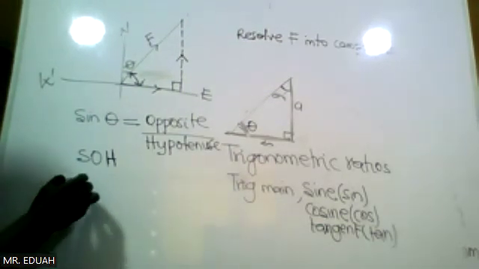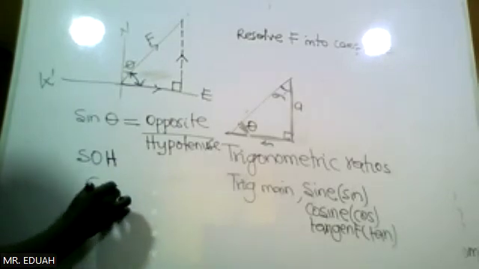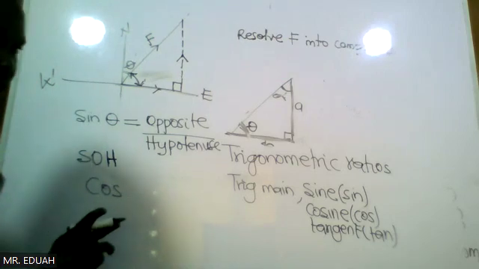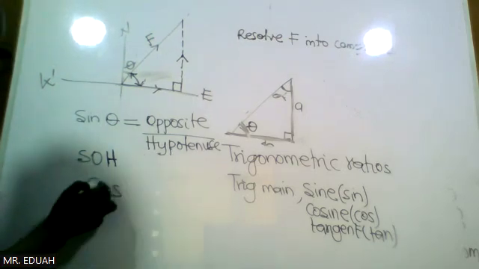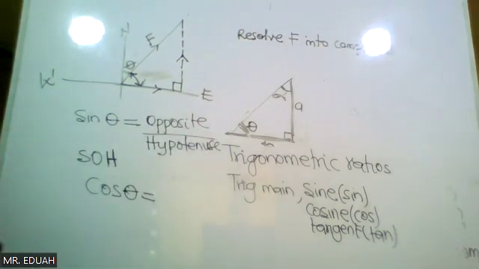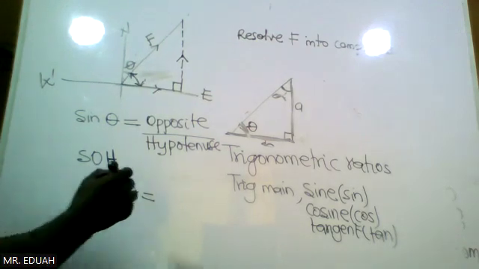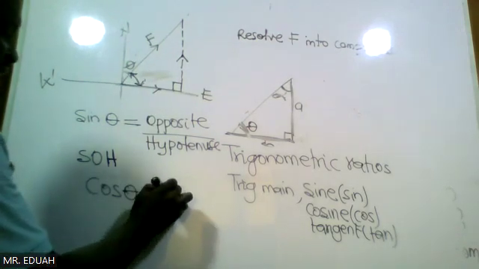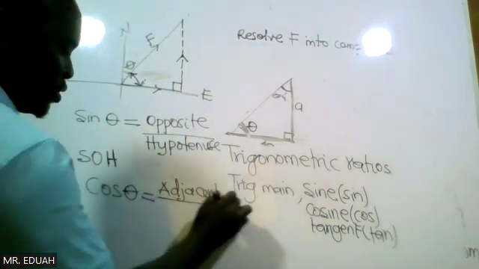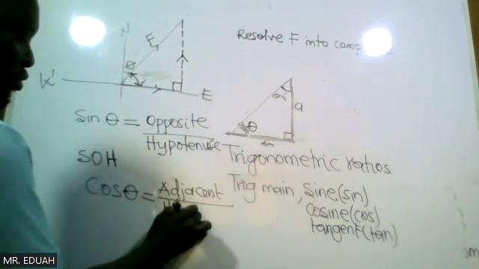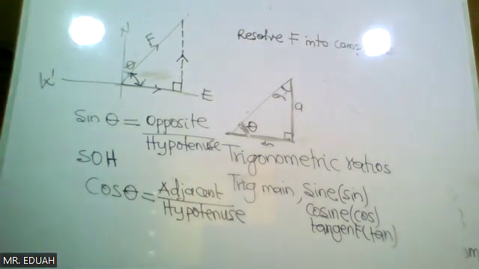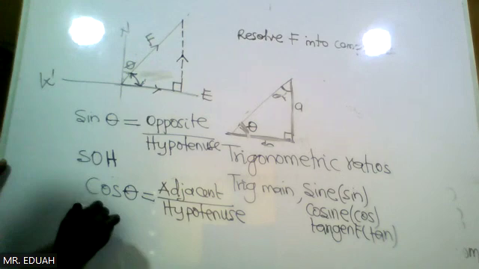cosine. I said these trig ratios go with an angle. They don't go in isolation. So cos of the angle theta or alpha, depending on the angle of interest. Cosine is a ratio of the adjacent side to the hypotenuse. So for easy recall, we pick the C